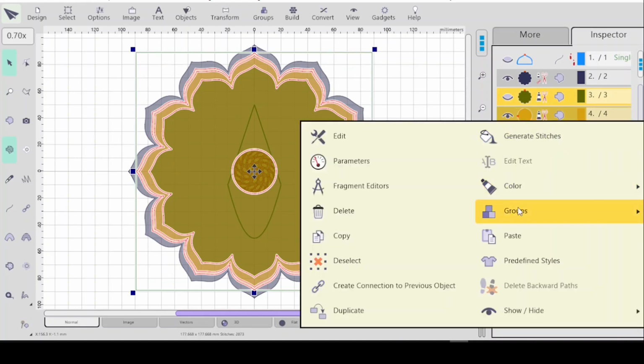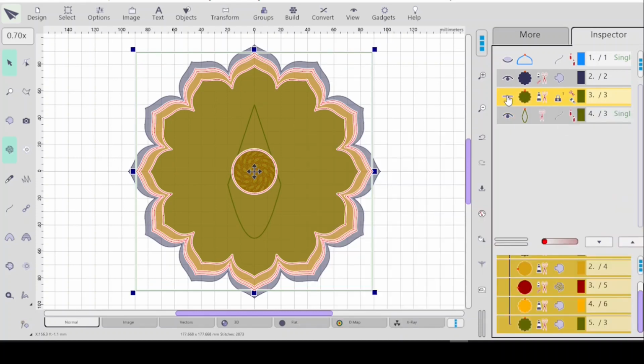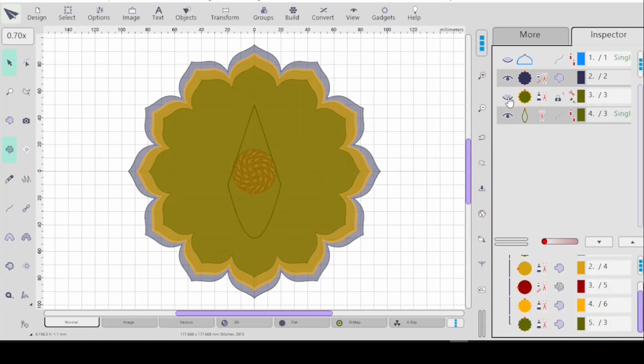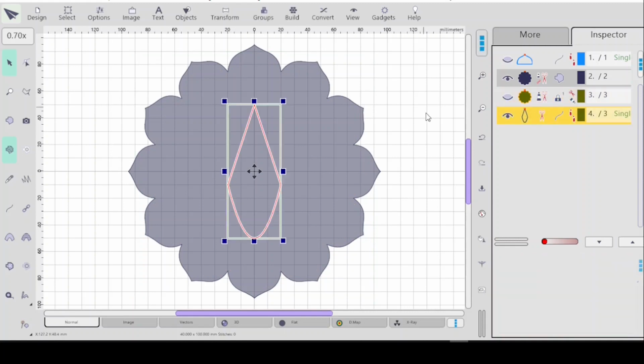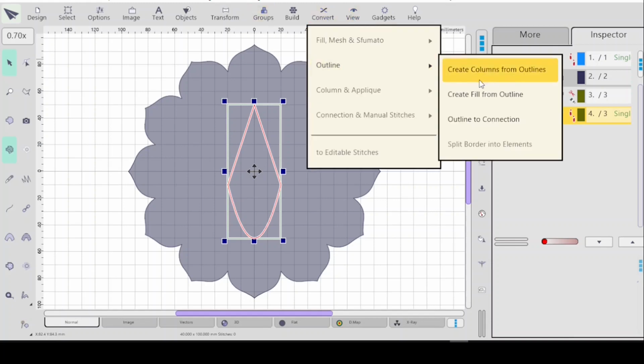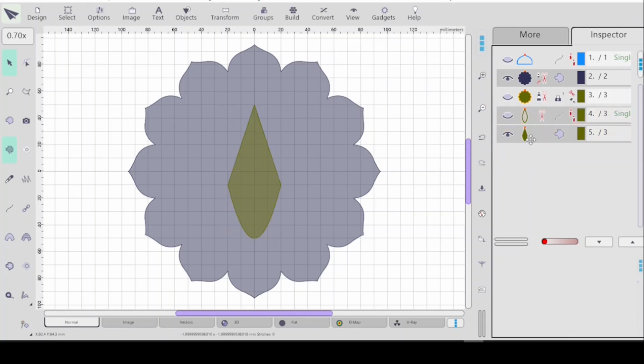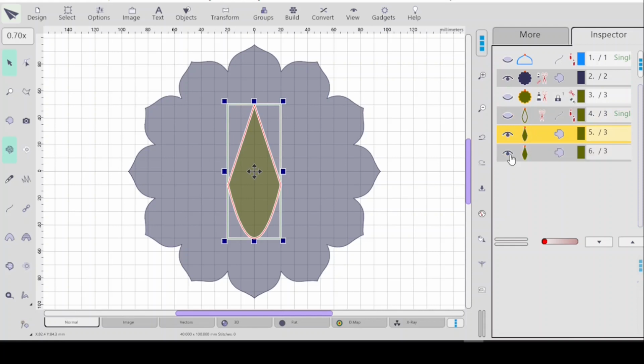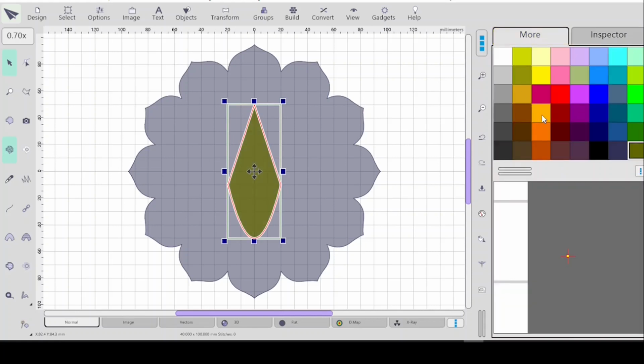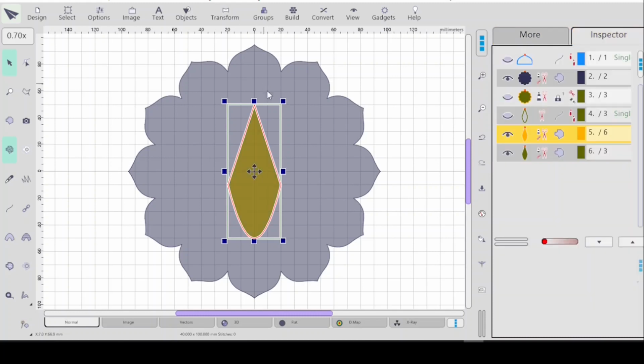I'll just group these. I'll hold it long to show them all, and now hold it long to hide them. So this one, if I were to make a copy of it, well, it's an outline. I'm going to go ahead and just convert it into a fill, just for the heck of it. If I copy and paste that, give it a different color, and if I went and shrunk that,